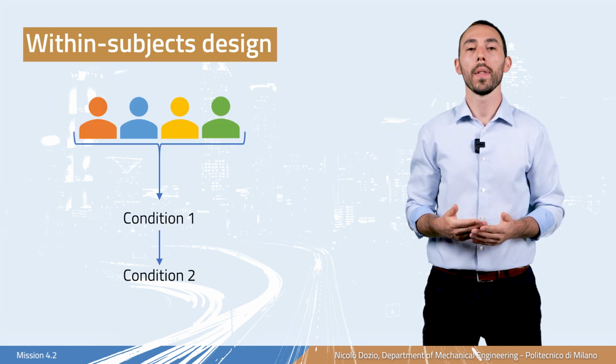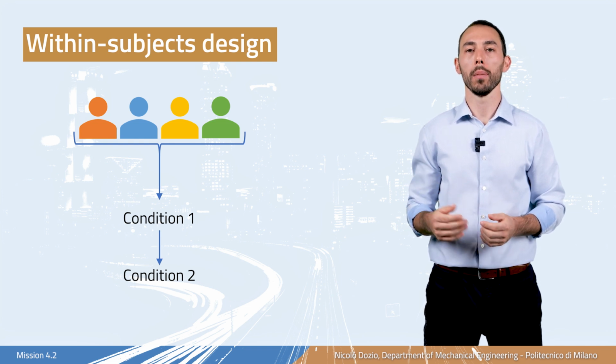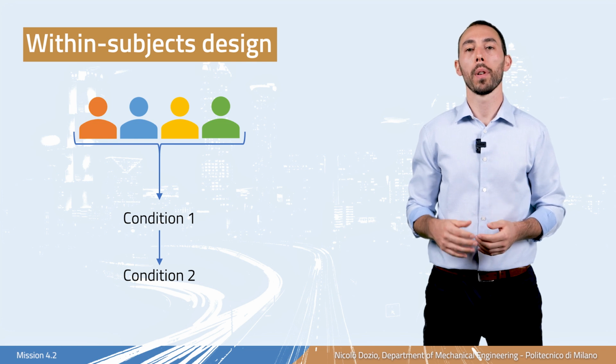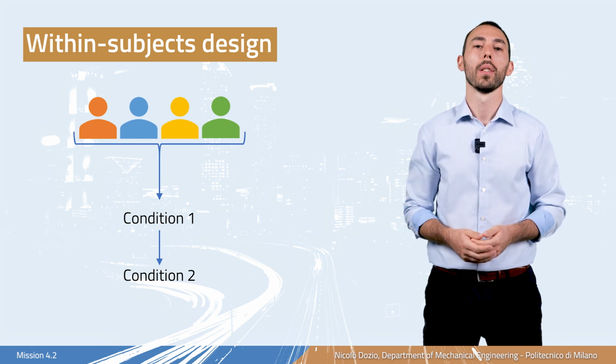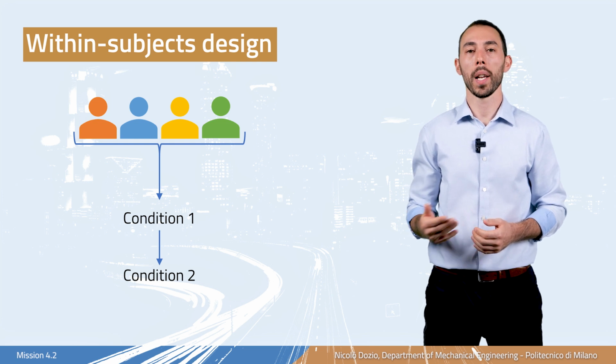The other structure we introduced is the within subjects design, in which you make a comparison within the same participant. This choice allows to avoid any effect originated by individual differences, because the comparison is always made between the performances of the same person. In this situation, you can consider the control condition as a baseline, because you can use that result to check the main effect of your independent variables by comparing every experimental condition with the control condition, so without the independent variable.